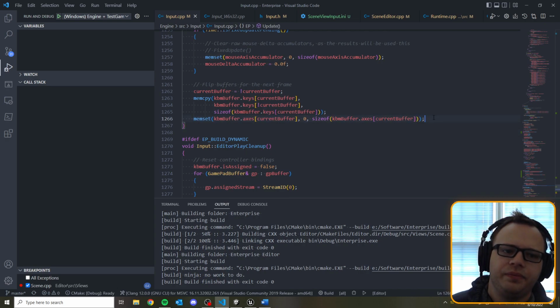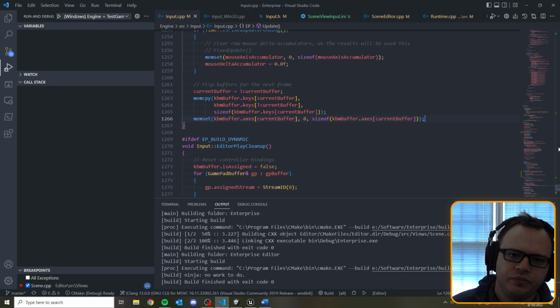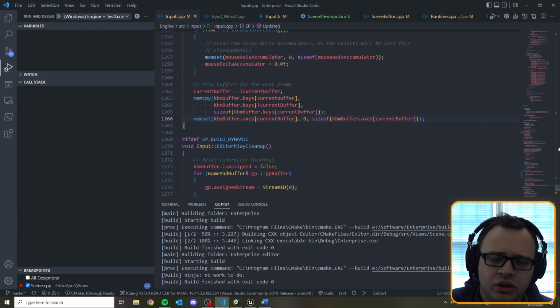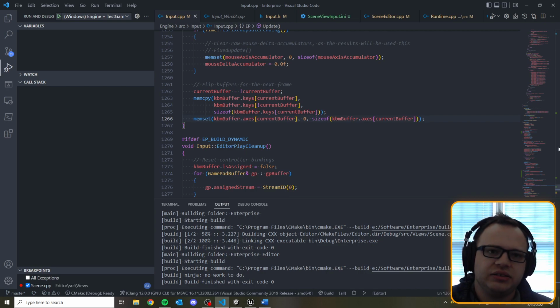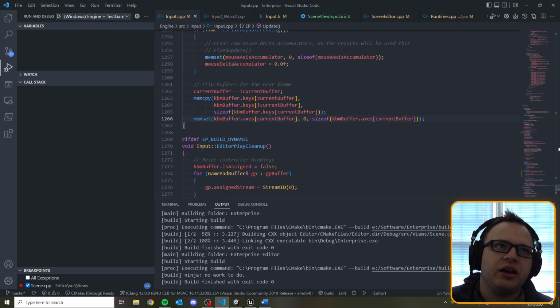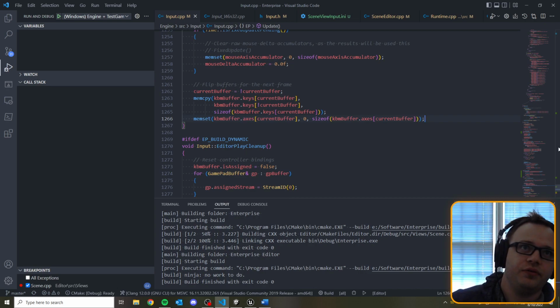Okay, all right. This is the problem. This is for sure the problem. So what's happening here is that normally at the end of a frame, I will flip the buffers for future input accumulation. So what that means is that, after Enterprise presents the frame,